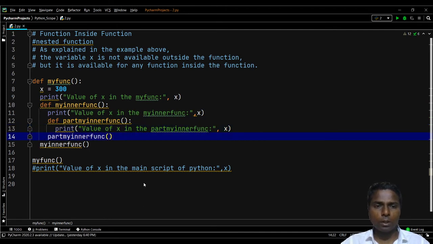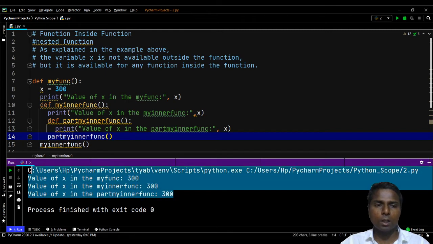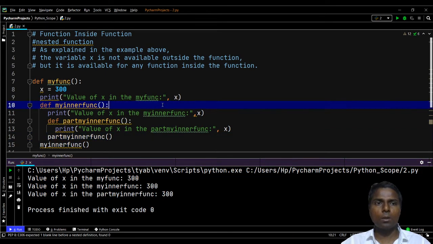If I execute it, we'll get the output in this way: the value of x in my func is 300, in my inner func is 300, and in my part func is also 300. So from this we can understand that variable x is not available outside the function, and it is available for any function inside the function.